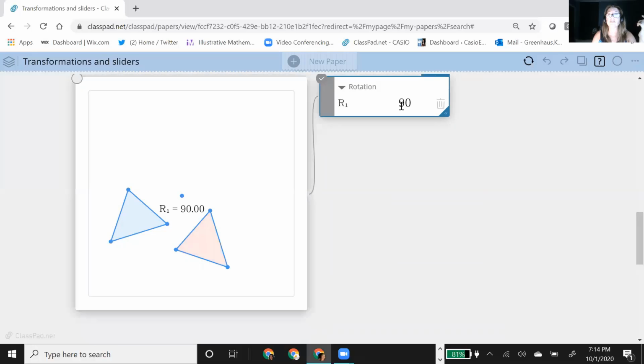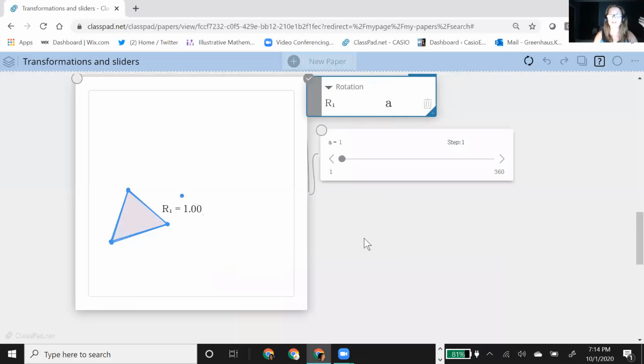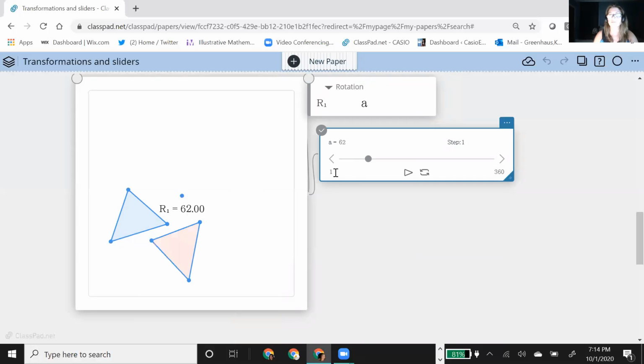So if I go back to this, and instead of a number, I could put in any angles, negative 360 to 360, and it will actually go beyond. It'll just turn more than 360, right? If you did 400, it's going to go 360 plus. But I'm going to put in A for angle. So now I have a slider that controls the rotation, and this is really nice. Now notice, I don't know why it does this. It doesn't start at 0, but you could do negative 360 to positive 360.